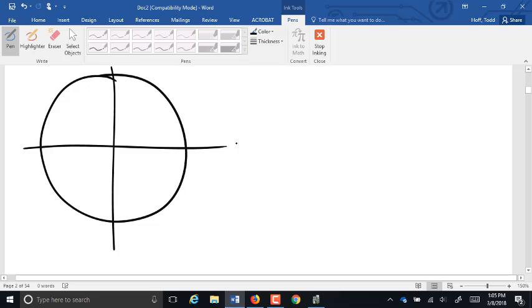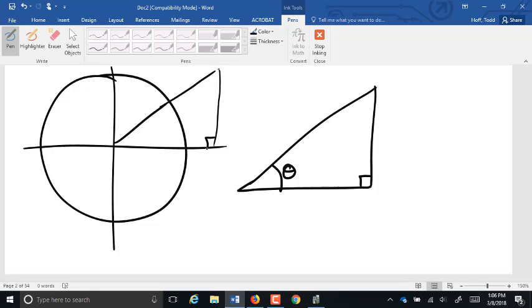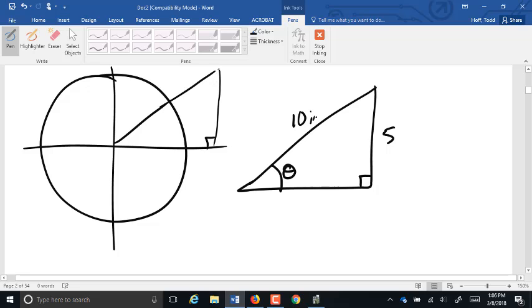Well, we could also find the value of our trig function. I don't know why I drew out the unit circle. From a triangle. Let's say I have this angle here that I'm going to label angle theta. This can be thought of as being part of the unit circle, I suppose, if I wanted to, as extending outside of the unit circle, if you want to think of it that way. If I give you sides of this triangle, if I tell you that this side is 5 and that this side here is 10 inches,